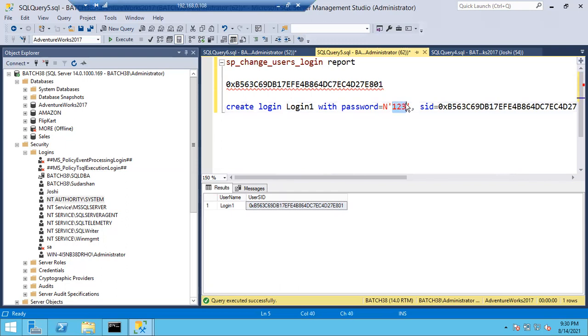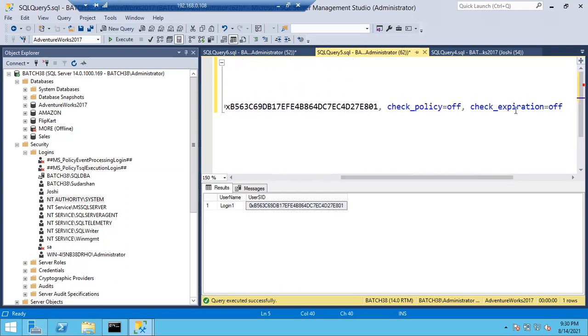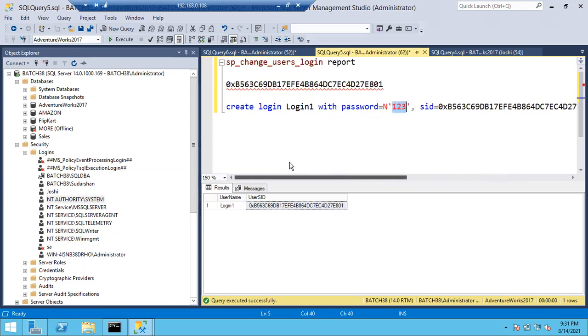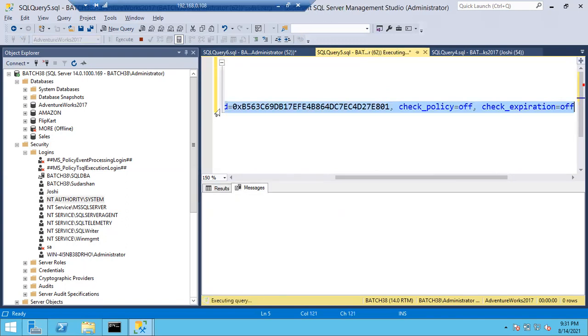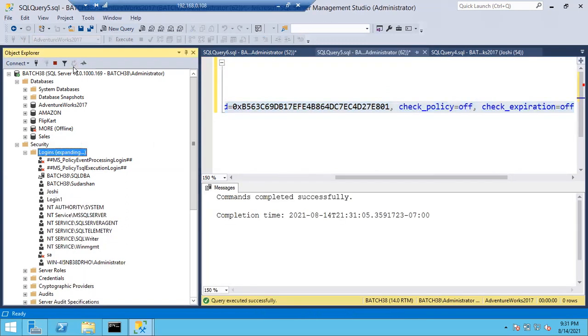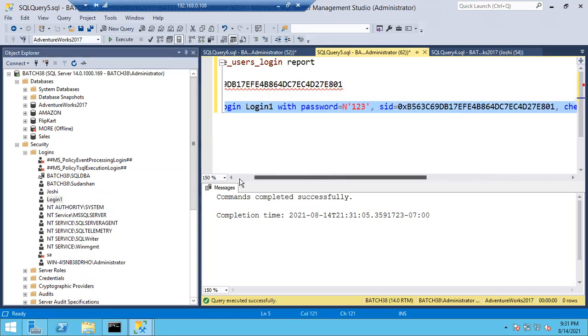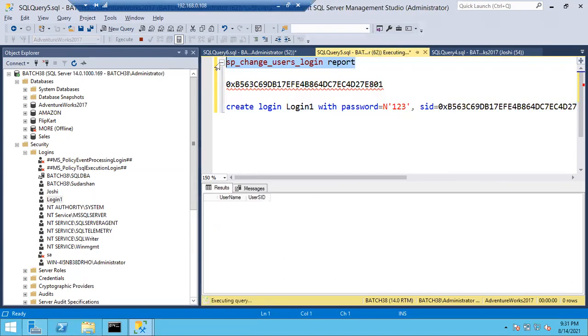So I'm simply turning off the password policy. Now let me create it. Now the login one is created. Refresh it, you can see login one. Now check whether the orphan user is there or not. Fixed.